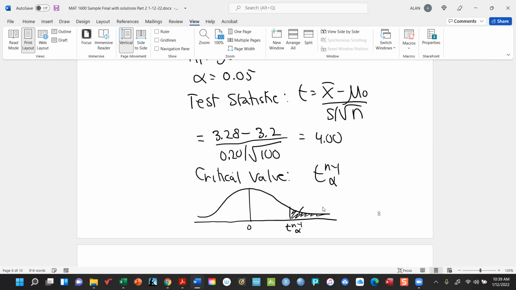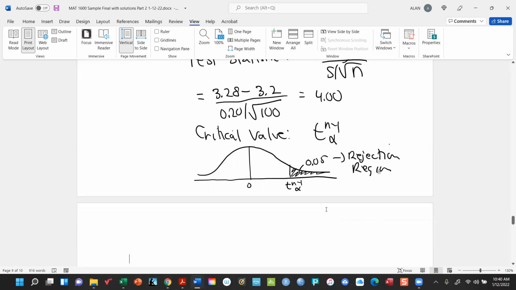And since alpha is 0.05, the entire area in this tail is 0.05. This is my rejection region. The question is, what value of t represents the borderline between the upper 5% tail and the rest? So for that, we go to the table. And by the way, don't forget, now here the sample is